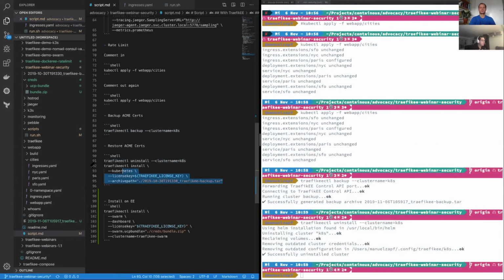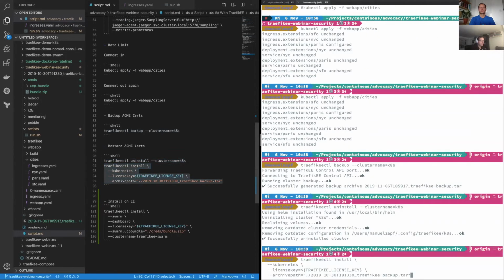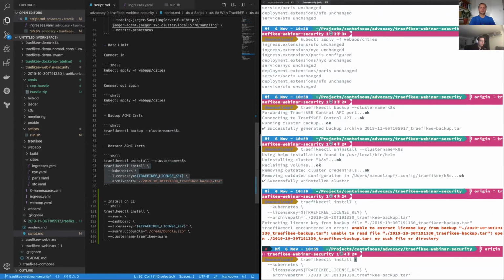and then recall the install command, but instead of what I did previously, I now give it an archive path to the backup the command just created